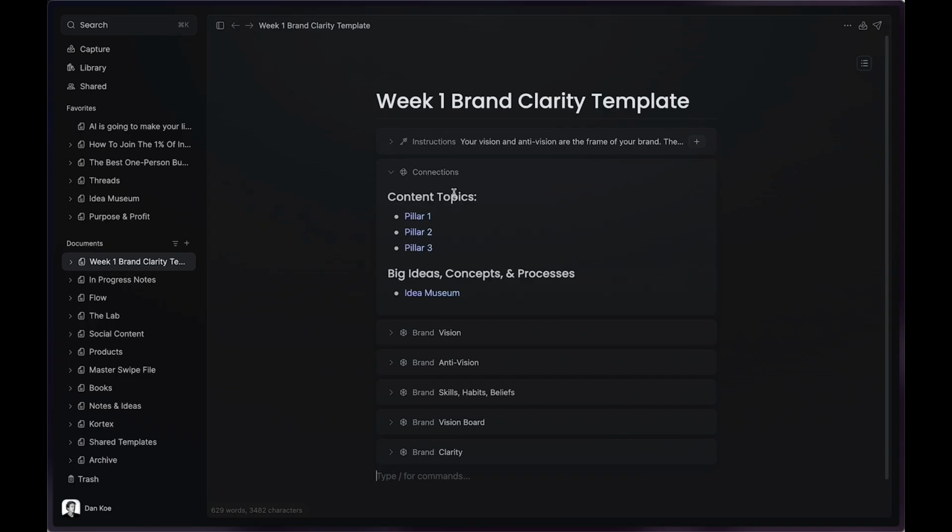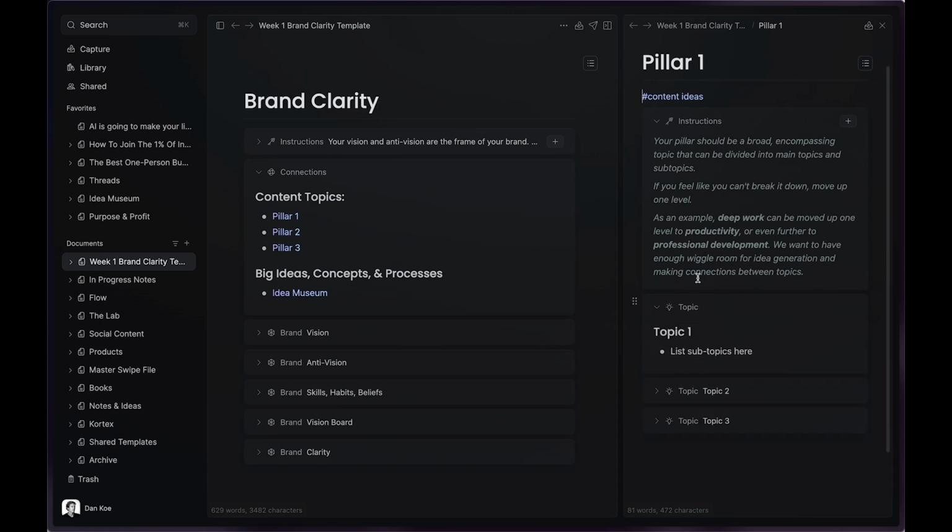Now, what you're going to do when you go into here is nothing here inside of the connections. This is just a place where you can reference your entire brand, right? So if you're ever writing a newsletter or content or whatever it may be, you can rename this to, let's just say, Brand Clarity. And you can open this whenever you want. Now, why would we do that? Because then you can come inside of here, and let's say we're writing social media content, and I don't have any ideas. I can come here, open pillar 1, and be like, okay, I have all of my topics here,